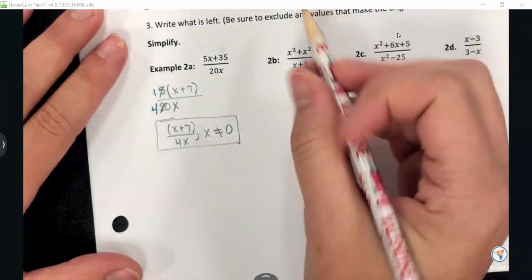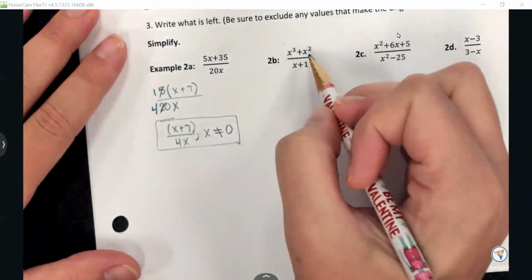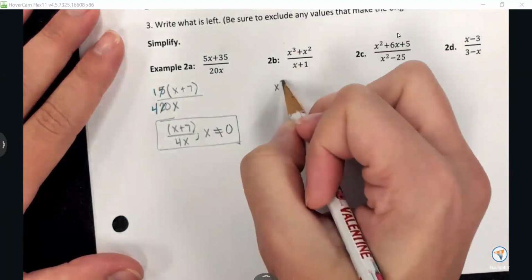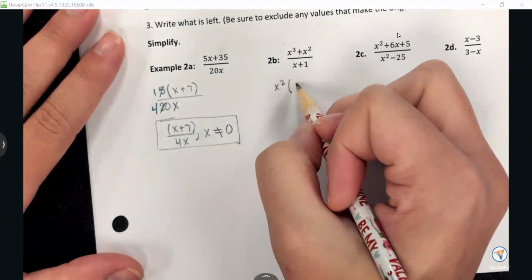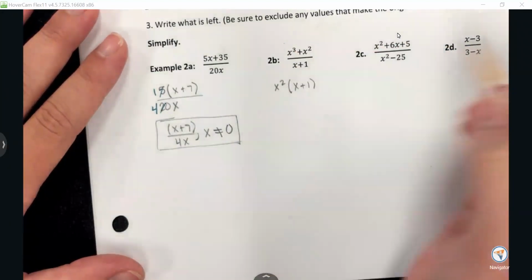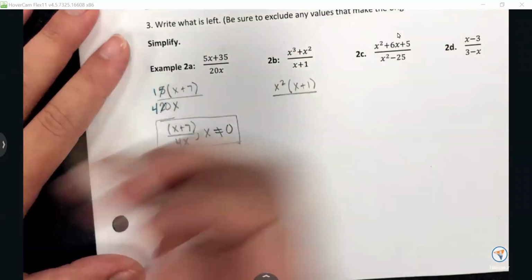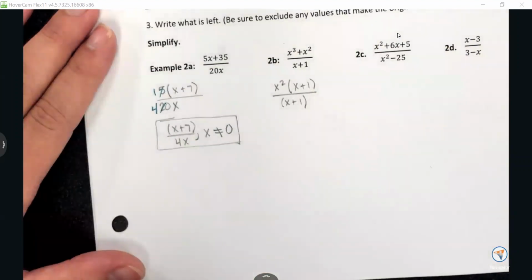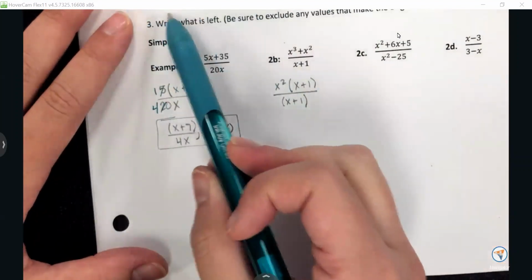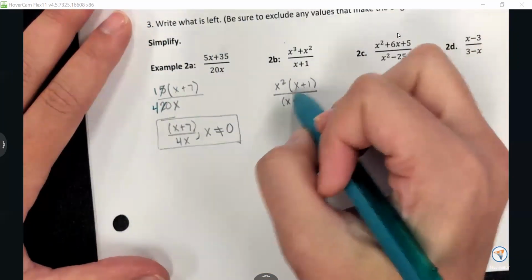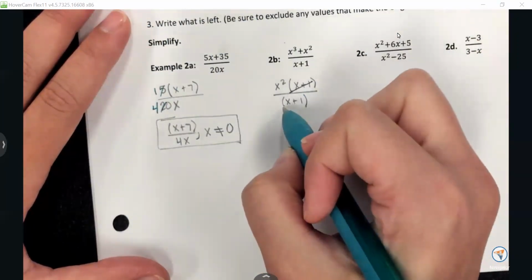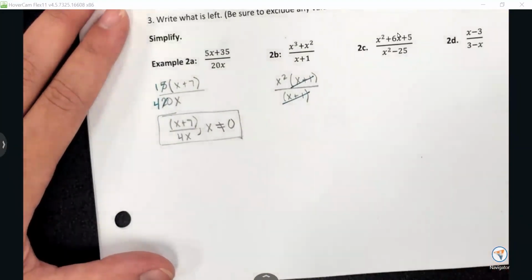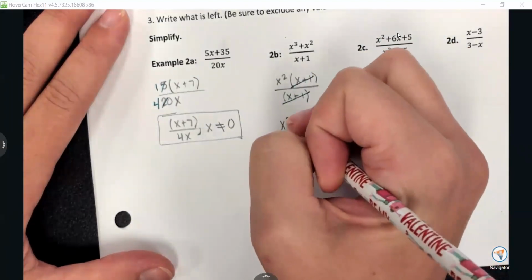So number 2, looking at my numerator, I have x cubed plus x squared. What do they have in common? X squared. And if I factor that out, I'd be left with x plus 1. In my denominator, I have an x plus 1. So step number 2 says cancel common factors. If I have an x plus 1 in the numerator and an x plus 1 in the denominator, they can cancel out. So my final answer would be x squared,